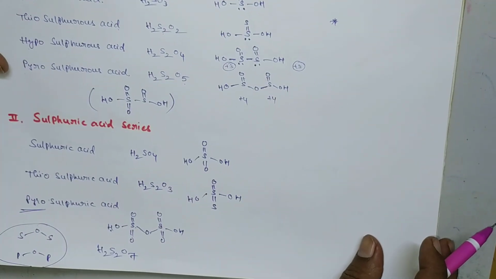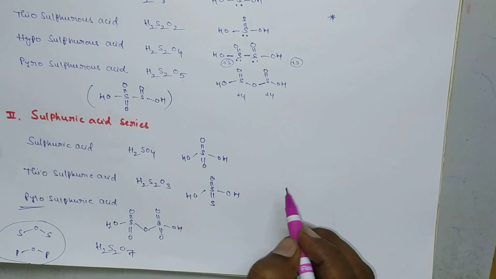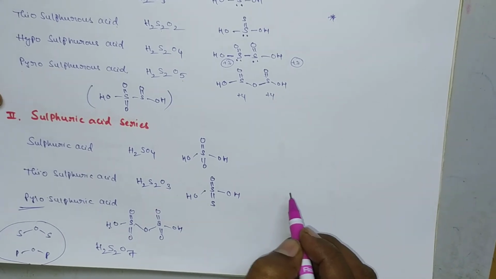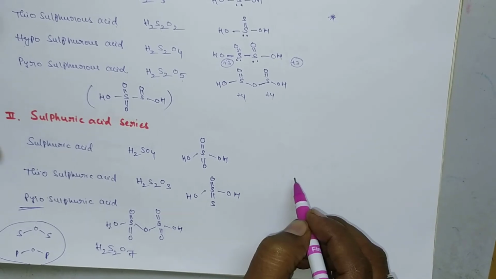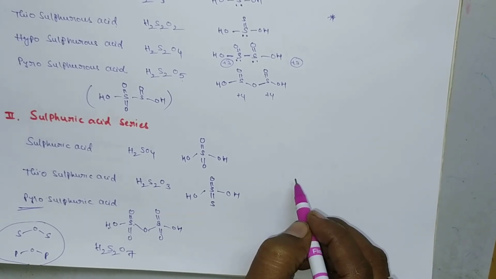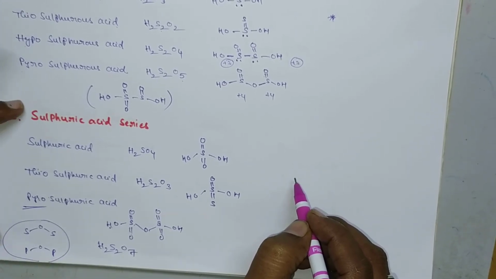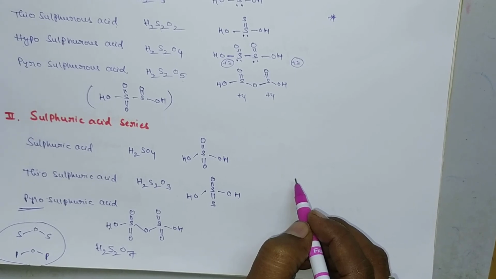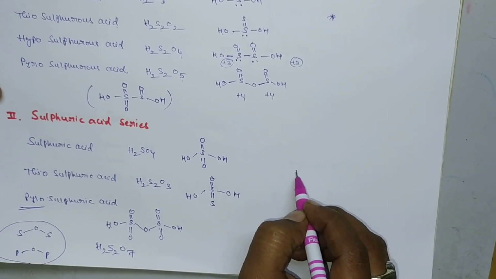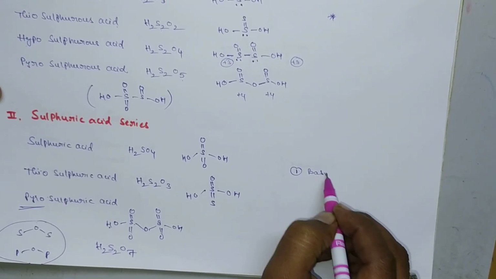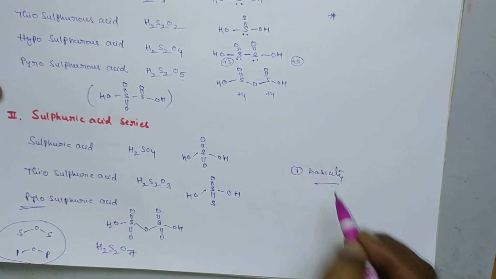Okay. So I am giving you a small question. Please comment the answer in the comment box. All these mostly exhibit one basicity, that is the basicity of the acid. Basicity of the acid means the number of H plus ions it can donate. So what is the basicity of these molecules? Calculate the basicity, and please comment the answer in the comment box.